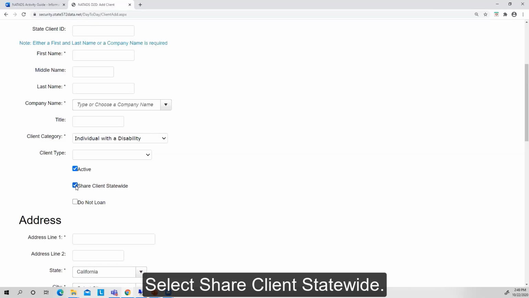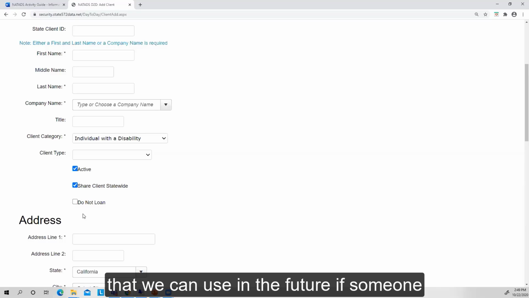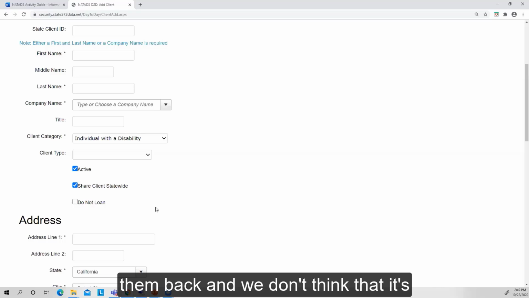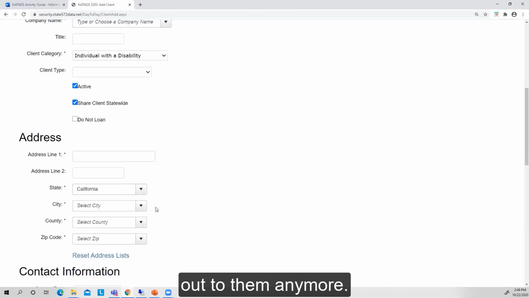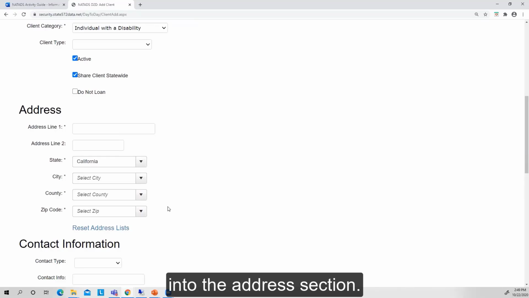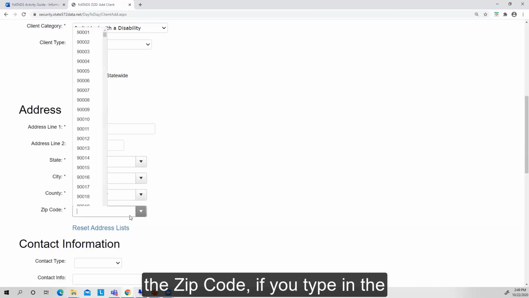Select Share Client Statewide. And the Do Not Loan button is something that we can use in the future if someone checks out items and doesn't bring them back, and we don't think that it's a good idea to be able to loan items out to them anymore. From there, you can add their address into the address section. I would highly recommend starting with the zip code. If you type in the zip code,